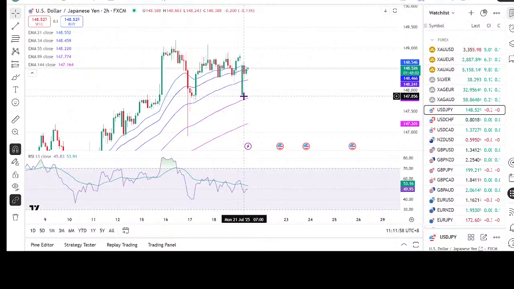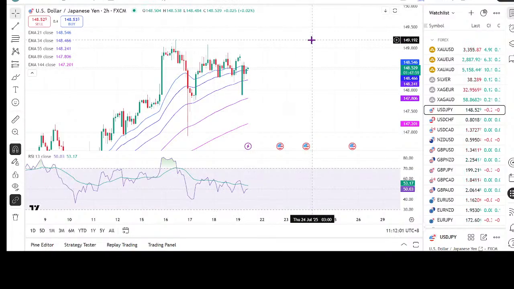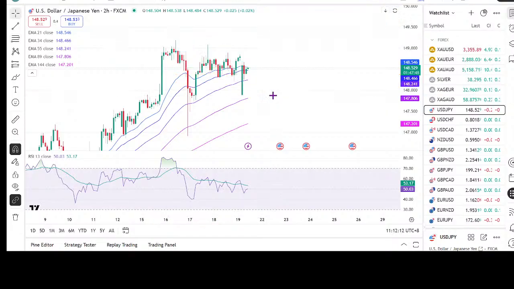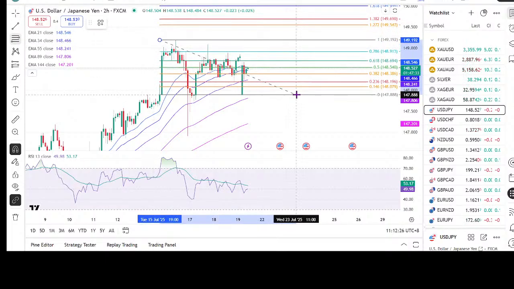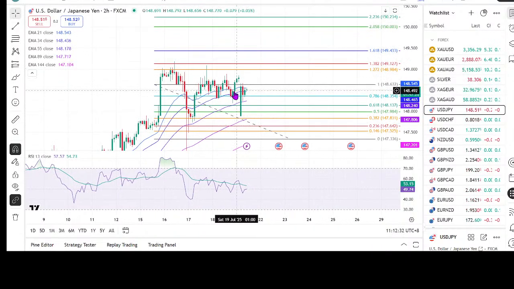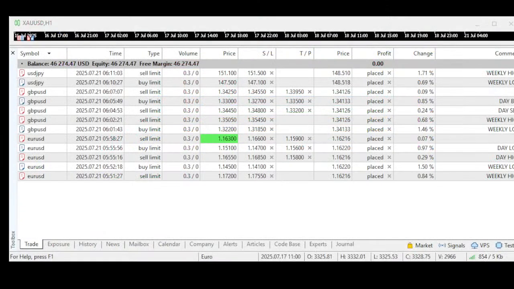We'll put it as 147.85, and the TP we should be looking to either this level. If it breaks, then we should see an extension towards 149.50. So the daily buy we will go for 147.85, target 149.50. Then the daily sell we will take it as 149.70, sorry, 150 level. So we'll go for these two levels as the target.